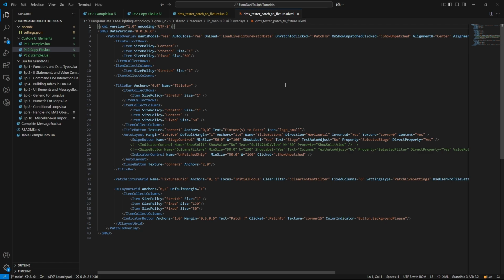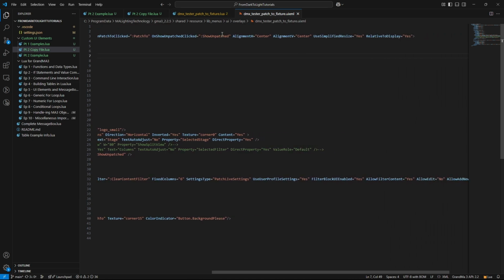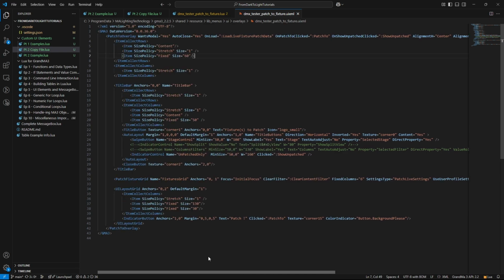So basically, you're going to be looking for certain information here. Essentially, what you want is to find each item and see what types of things are in it, what types of settings. So you'll find a patch to overlay. This is like their window that they're using as a base input. And yes, this is another option. And it has this data, and you can scroll and see these are the different options that you can use. And then there's the size policy and the size for each row. And that's how we know how to set those things.